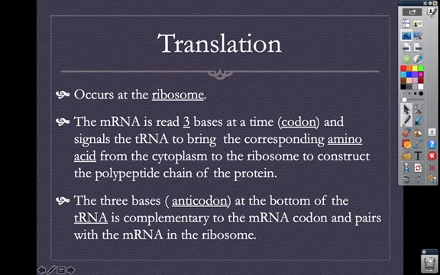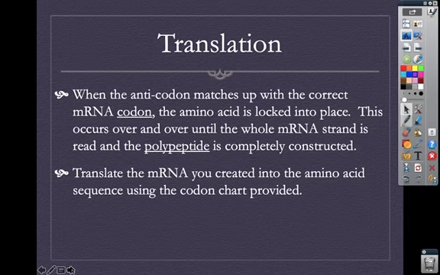So as this process of translation is happening, you need to understand that it happens over and over and over again. Read 3 bases, slide down. Read 3 bases, slide down. And every time that the tRNA and mRNA connect, it's basically locking an amino acid in place, and this repeats over and over again. So make sure that you know from this slide